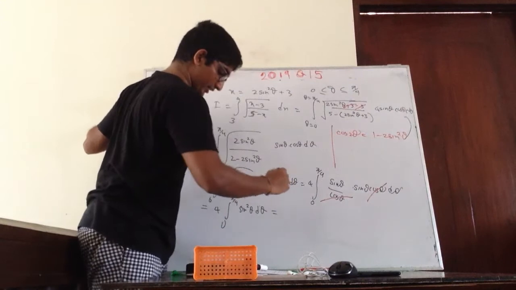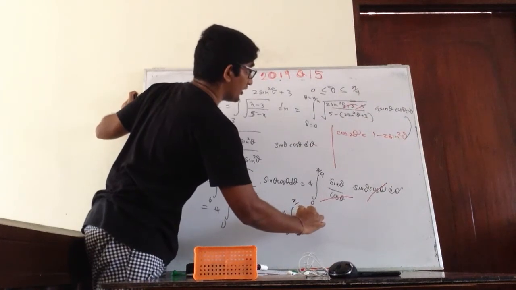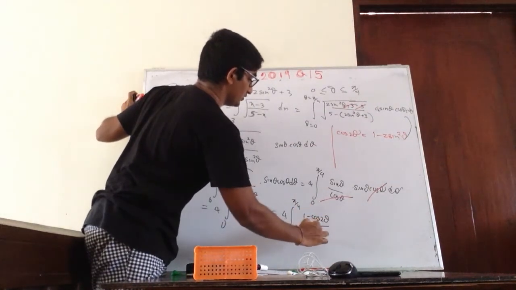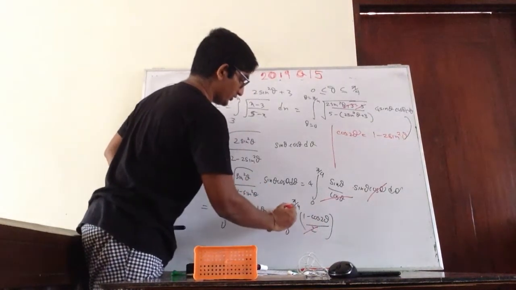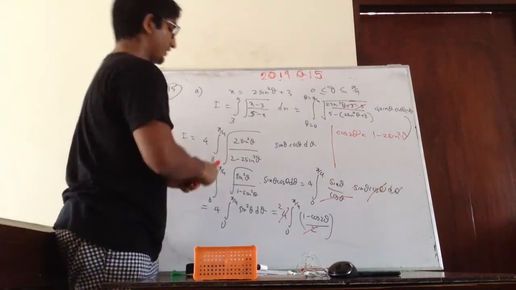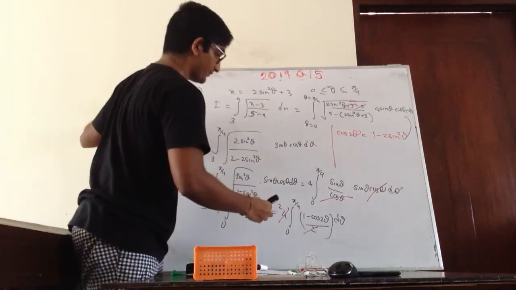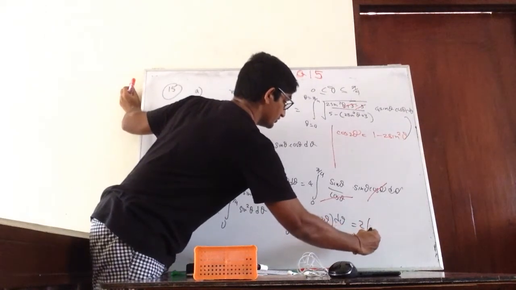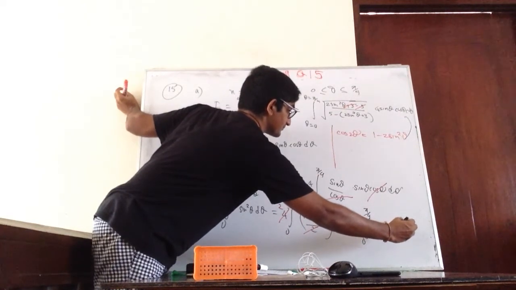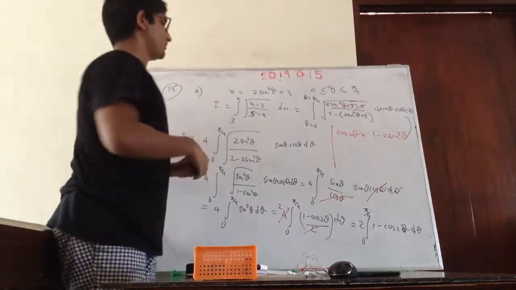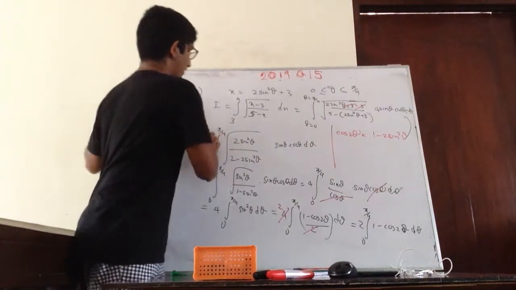So then I'm going to get this as 4, 0 to pi over 4, (1 minus cos 2 theta) over 2. Then I'm going to cut one of these 2 off. I'll get 2 here. Then I need to integrate this. If I am going to integrate that, then I need to take 2, 0 to pi over 4, 1 minus cos 2 theta. So write this down, then let's do the rest. Right, so we come up to here.